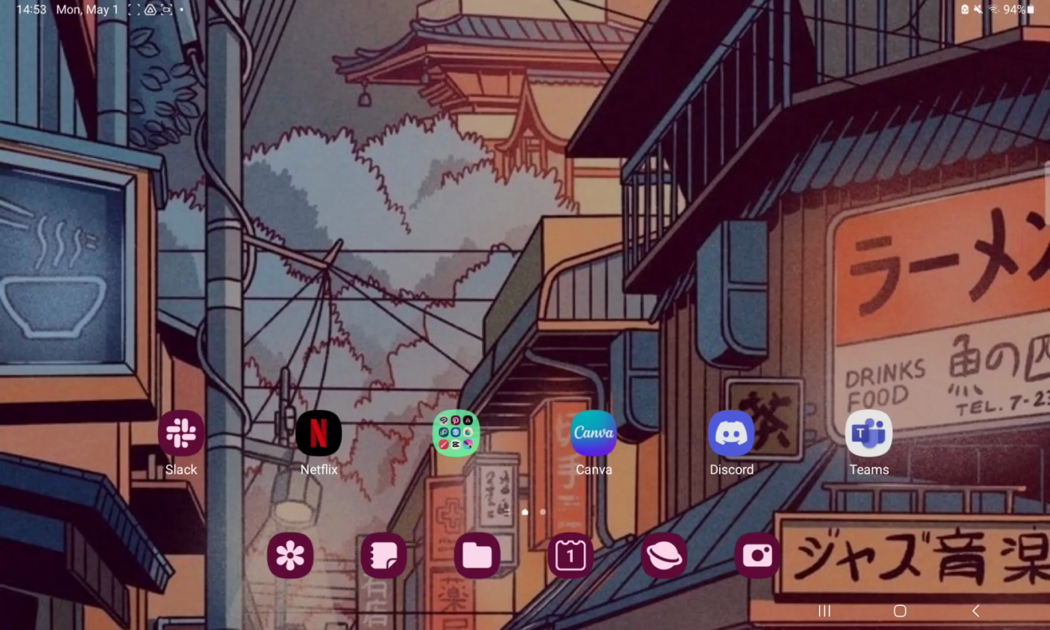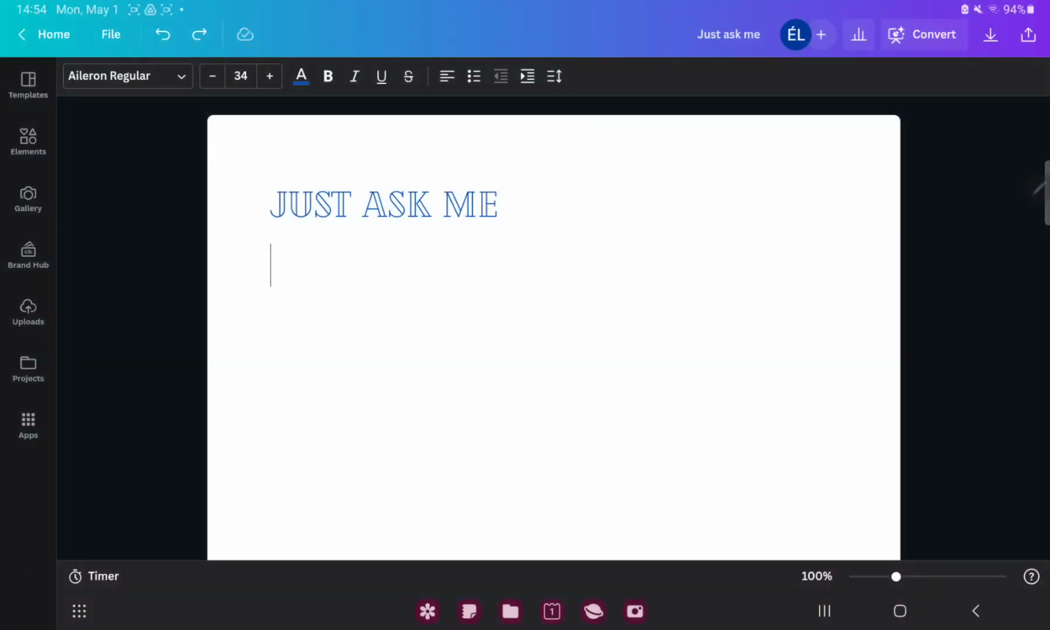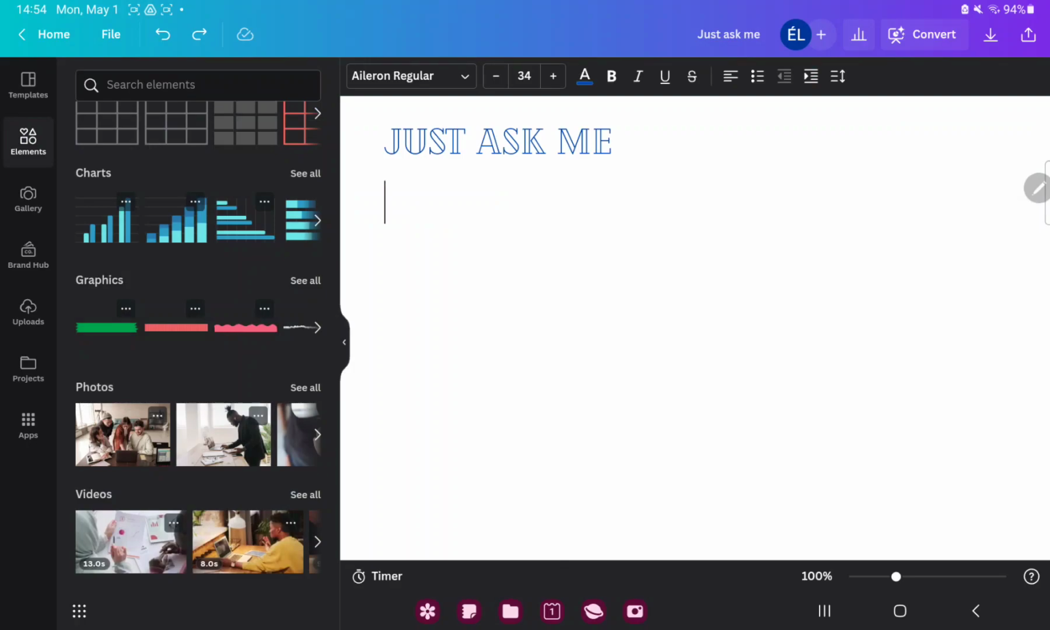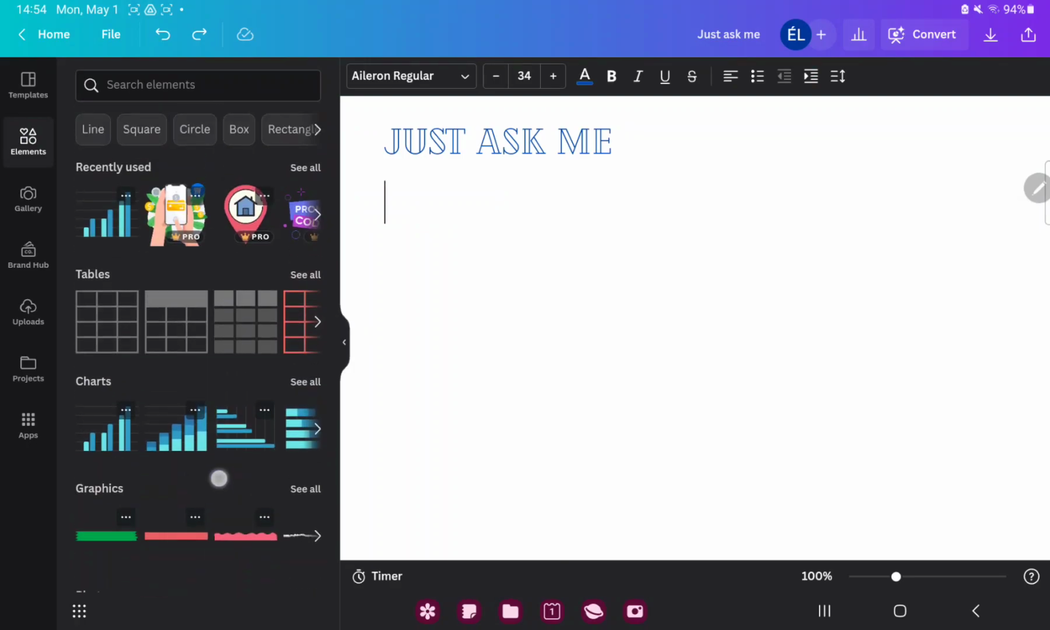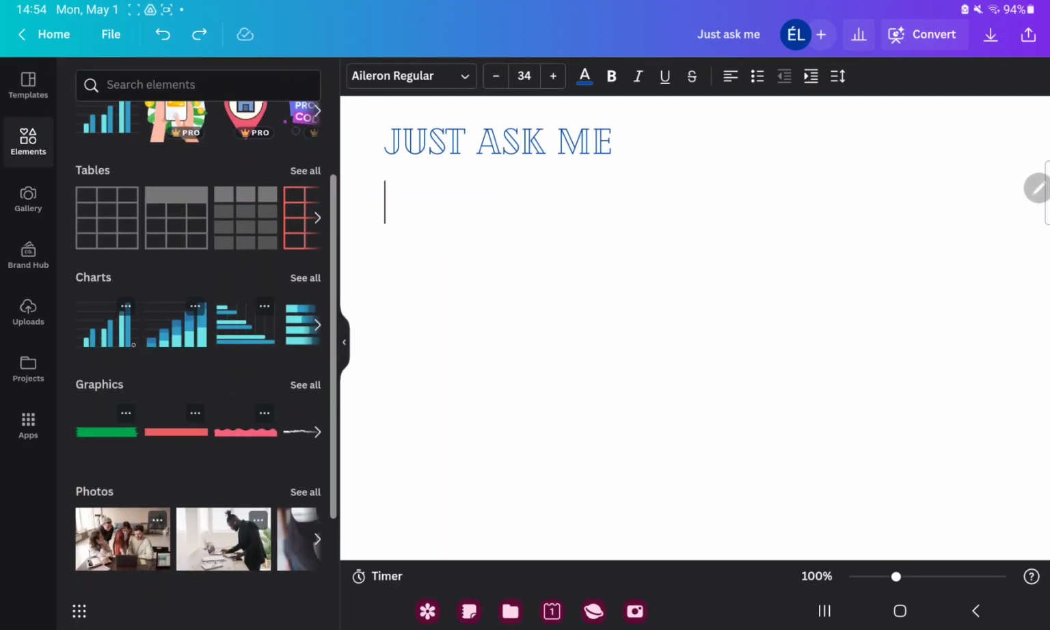First of all, open the application on your device. Open a document and go to the elements option under the templates button at the left side of the screen, and here you can find the charts option, and just select one,